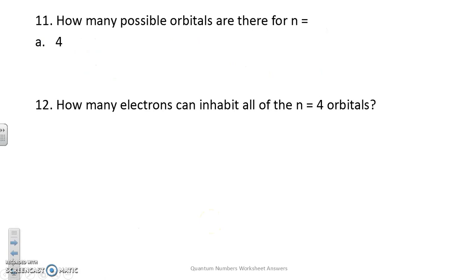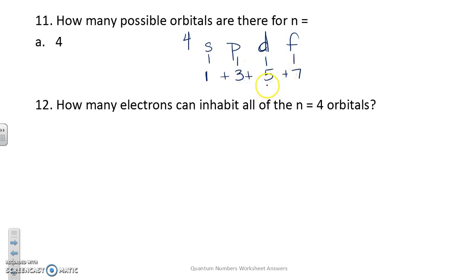Okay, number 11. How many possible orbitals are there for N equals 4? In the fourth energy level, we have S, P, D, and F. The S sublevel has 1 orbital, the P has 3, the D has 5, and the F has 7. So if we add all those up,